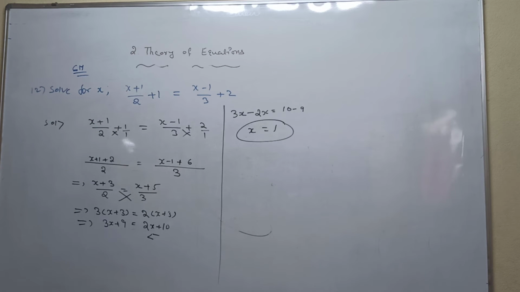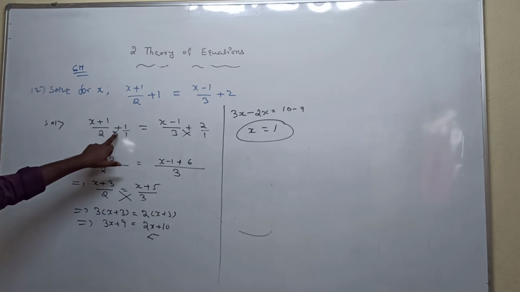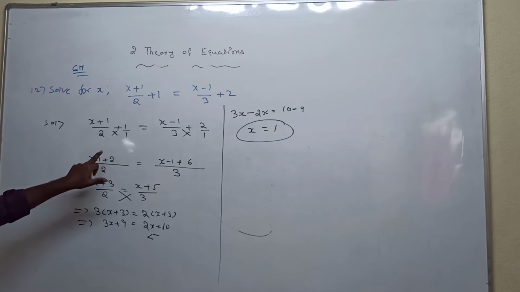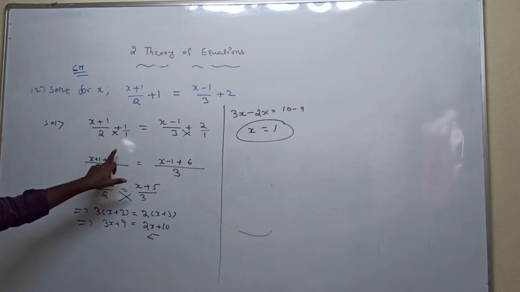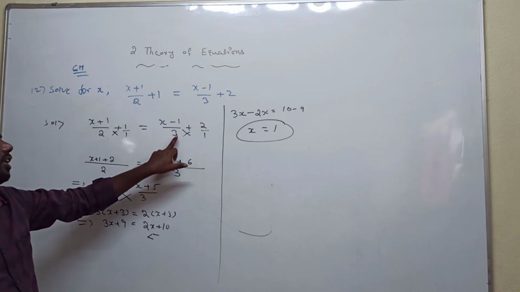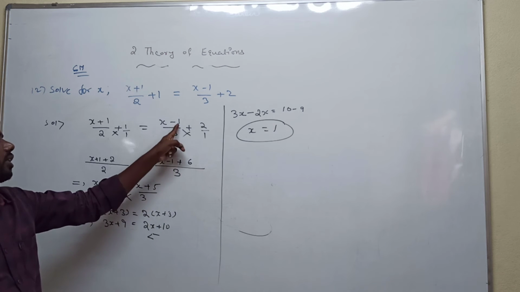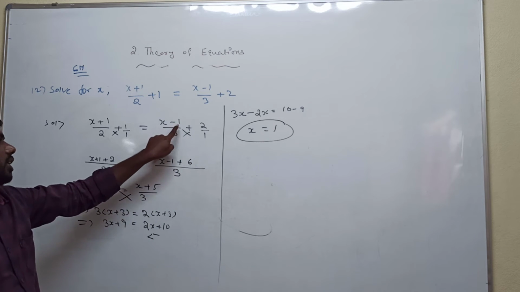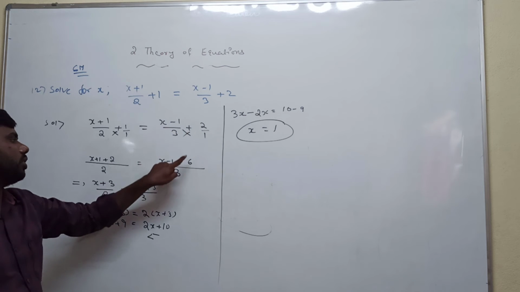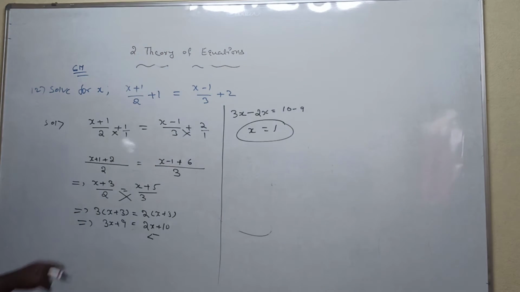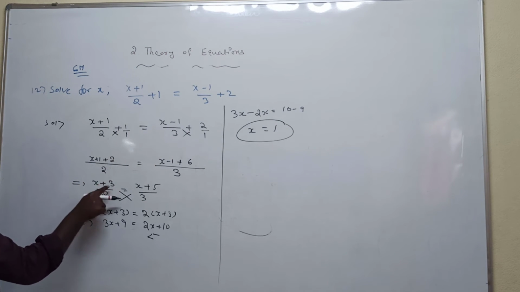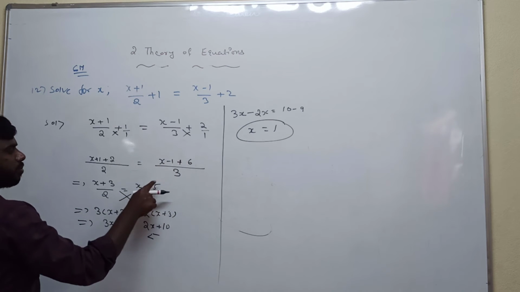What is the given equation? And this is right. Here the denominator is not there anywhere, so the value is 1, but the value does not change. First of all, on the left of the equation we take the denominator LCM: 2 into 1 is 2, LCM is 2. After that, cross multiplication: 1 into x plus 1 is x plus 1, plus 2 into 1 is 2. Same like that, the right side denominator is 3 into 1 is 3. After that, cross multiplication: 1 into x minus 1 is x minus 1, plus 3 into 2 is 6. Now simplification of the numerator: plus 1 plus 2 is plus 3, divided by 2, is equal to minus 1 plus 6, which is plus 5, divided by 3.